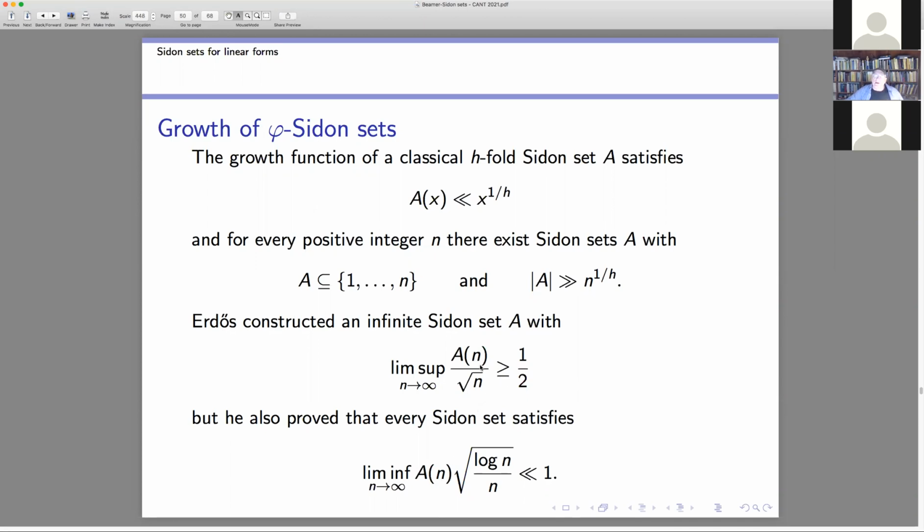It can't be that A(n) over root n is always bounded away from 0: the lim inf of A(n) times log n over root n is always less than some positive constant. This is really a very interesting phenomenon, and recently there have been a number of papers written about this in